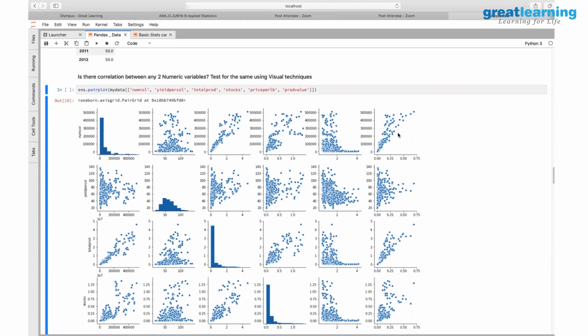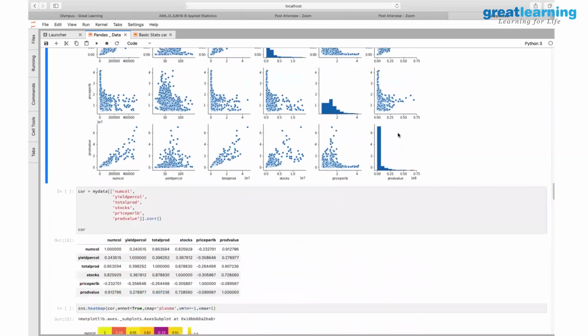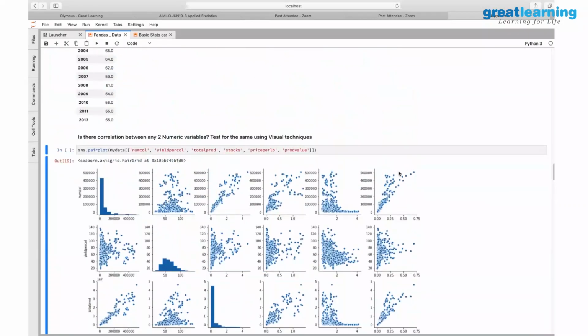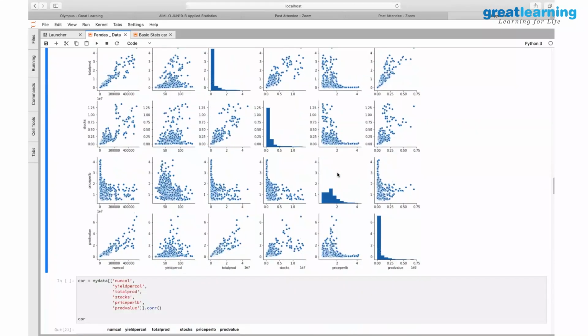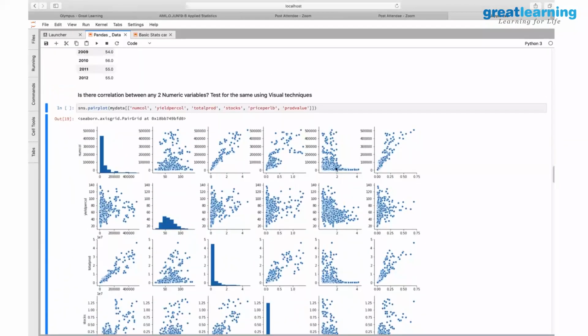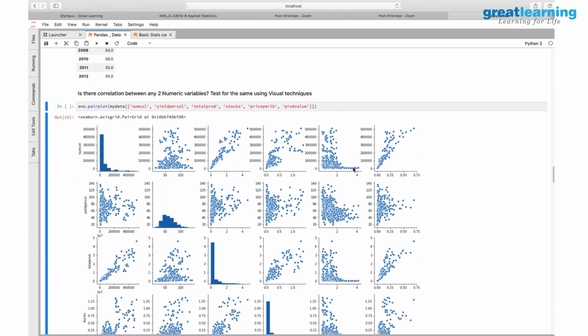This is another variable pair, numcol and production value. The relationship there is also pretty much linear. And if you take this particular one, which is this variable, sorry, that is price per lb. This is pretty much constant. Only for very few points do you have a higher value. Otherwise, it's more or less stagnated and concentrated in this region. It's only this much variation, but predominantly in this range. This is behaving very differently.